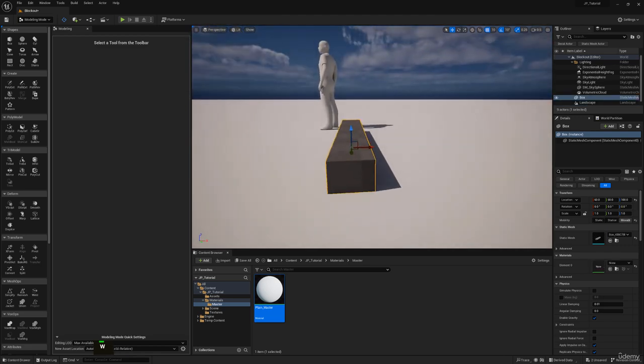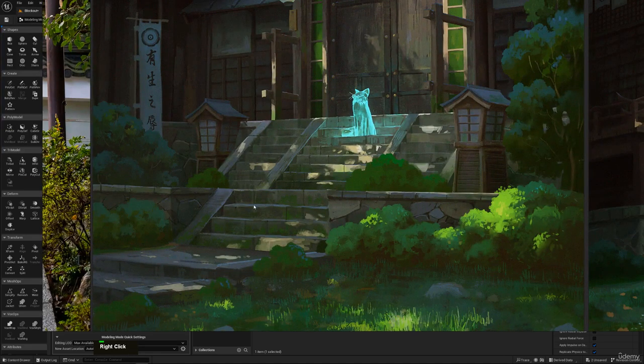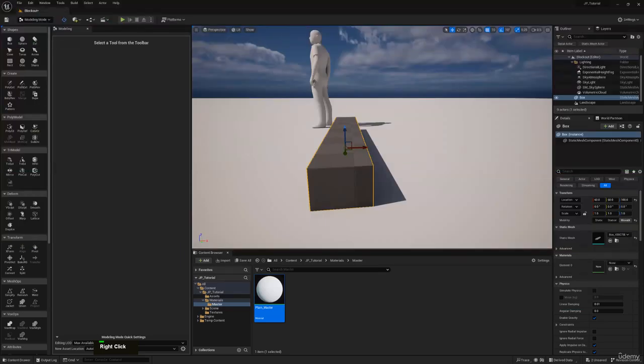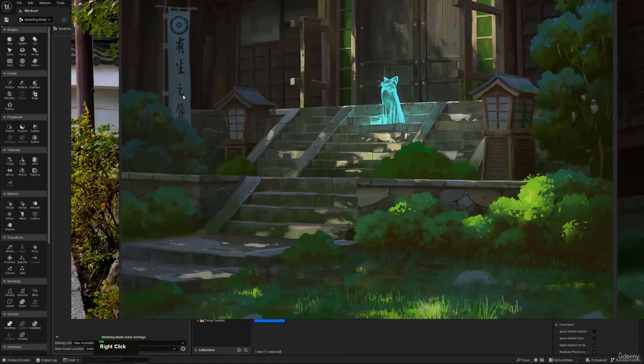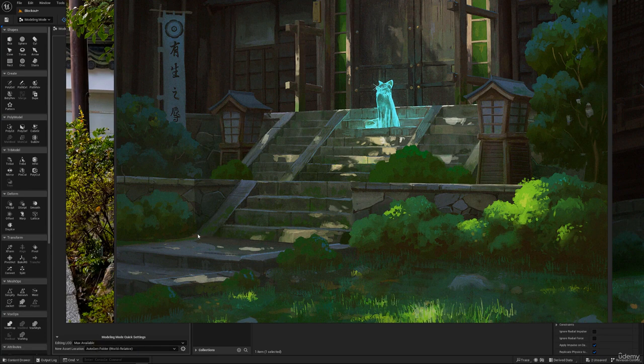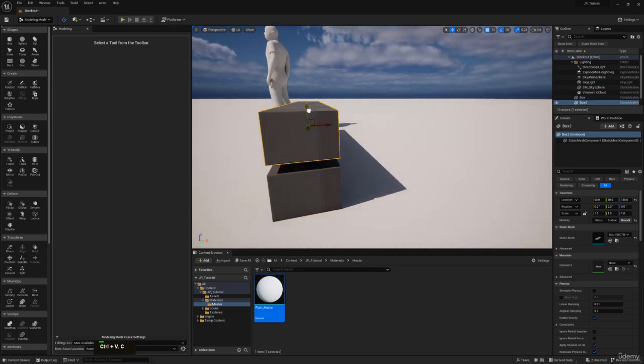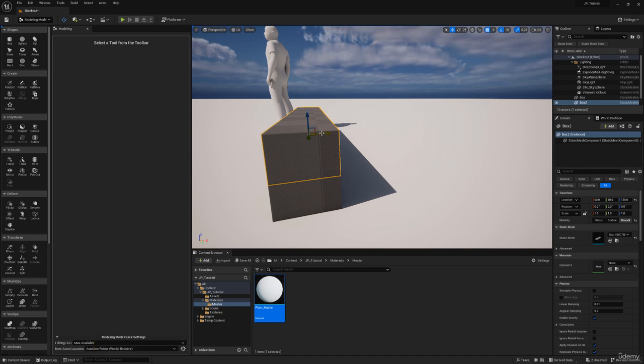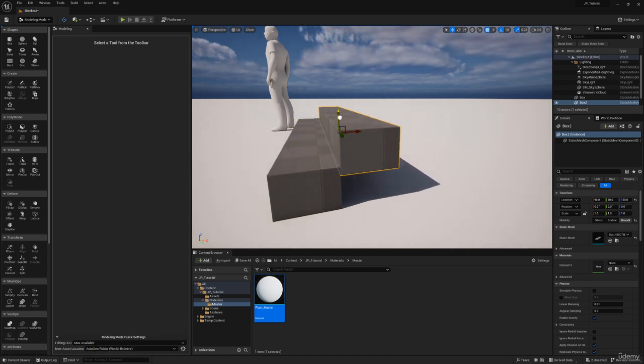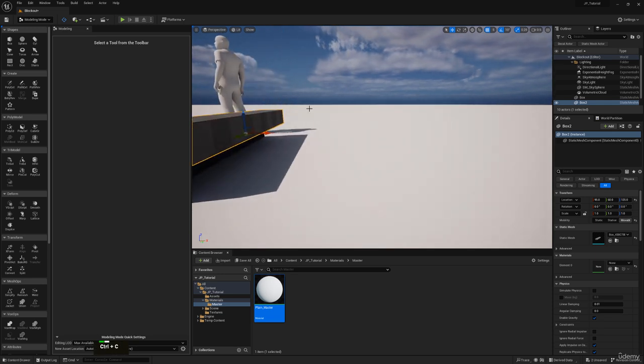Now I can get started by counting my stairs. So 1, 2, 3, 4. Oh, sorry. 1, 2, 3, 4, and then we have a panel over here. So this piece would most likely become smaller, but we can do that later. That should be fine. So let's start by duplicating this by pressing Ctrl-C and Ctrl-V. I'm going to switch my snapping to 5 so that I can do a proper snap over here. 1, 2,